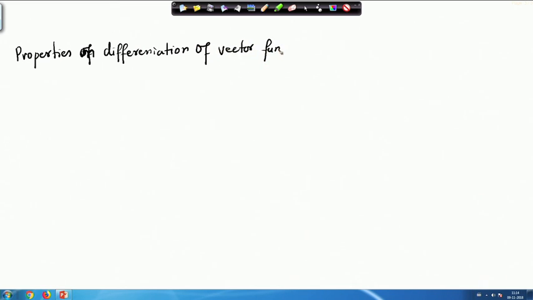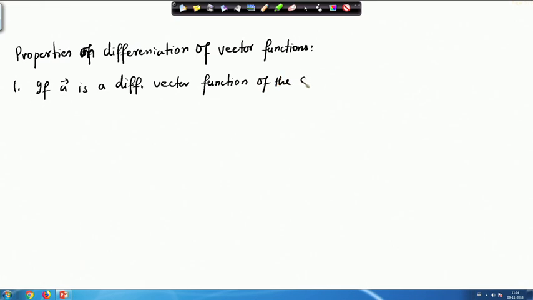So, the first property for today: if A is a differentiable vector function of the scalar variable t,